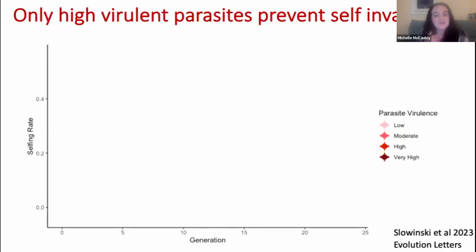Okay, so Sam used 4 different strains. Our strains of Serratia varied in virulence from what I've called relatively low, which induces less than 10% mortality in our worms, to this moderate treatment, which induces around 40% mortality, all the way up to our very high treatment, which induces up to 80% mortality in our worms.